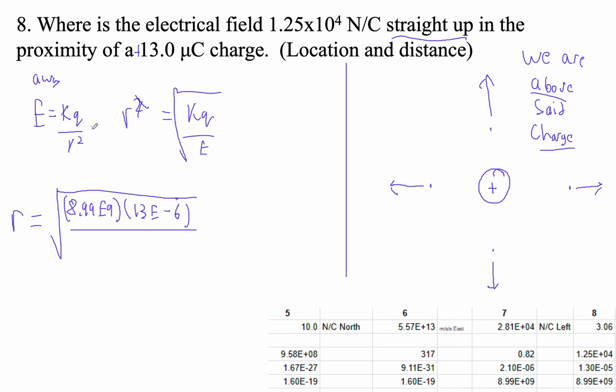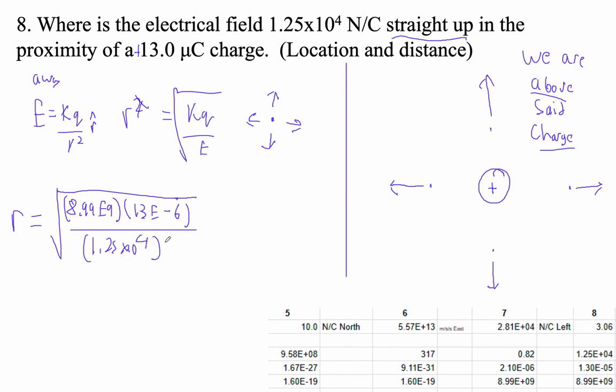There's like a radius vector that just points away from any charge, and you'll see that in college. It'll be times this little unit vector, and the radius vector literally just points away from it. So if you're toward it, this electric field becomes negative. In reality, most of the time, I don't think that hard. I just make these positive. Okay, so 1.25 times 10 to the 4th is my electric field,